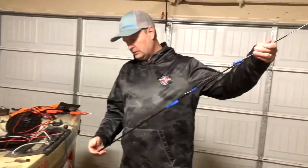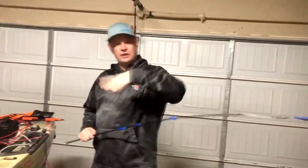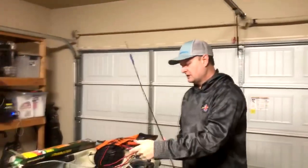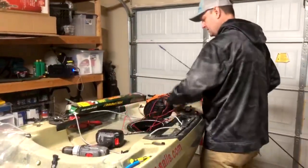So what I've made is, this is an old fly fishing rod that's cracked. But the great thing about fly fishing rods is they're real bendy, so they can stretch and get around corners pretty well. And what I've done is taken an old wire hanger and attached it and made basically a shepherd's hook. And so that allows me to fish this cable through the kayak so that I can get it connected. So I'm going to feed this in here